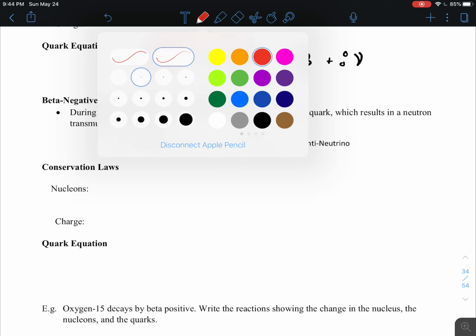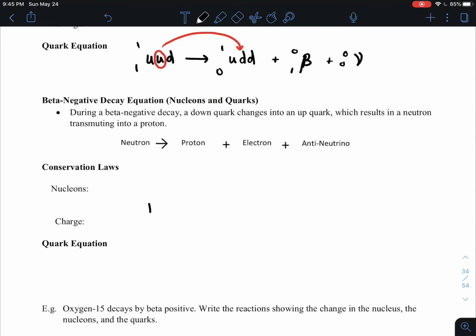All right, in this case, a neutron, which is a 1, 0, 1 nucleon, 0 charge, or 0 protons, converts itself into a proton, a 1, 1. Well, how can it do that? Well, we had neutral, now we have a positive. In order to do that, we must have had a -1 for my beta particle. And in this case, also having an